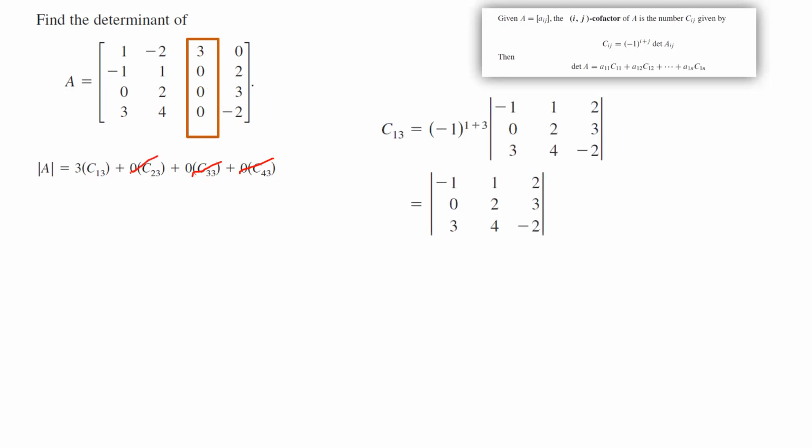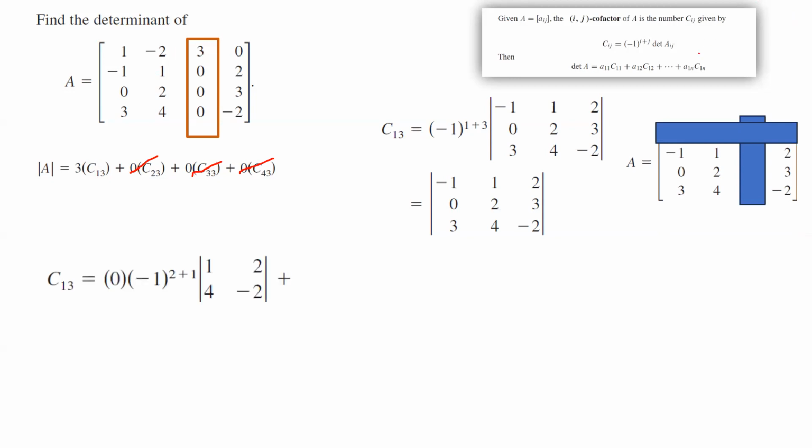The only thing you need to calculate is the cofactor for the first row and third column, which is basically -1 to the power 1 plus 3 times the determinant of this 3 by 3 matrix. Again, remember that when you have your matrix, you're getting rid of the first row and the third column, and we end up with a 3 by 3 matrix, and we need to calculate the determinant of this 3 by 3 matrix. We're going to go back and use the formula that we did before and calculate C1,3